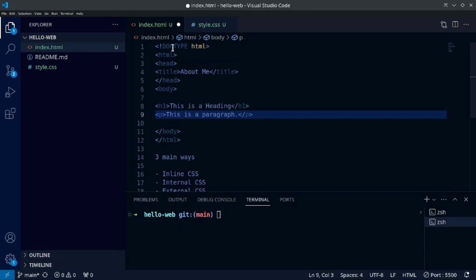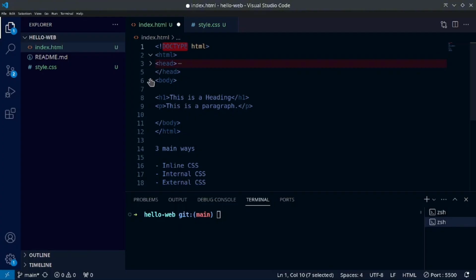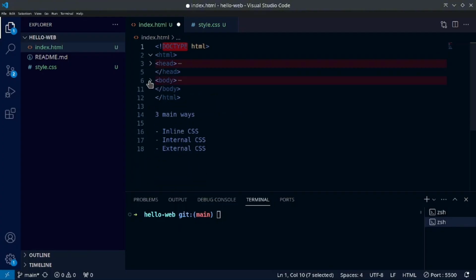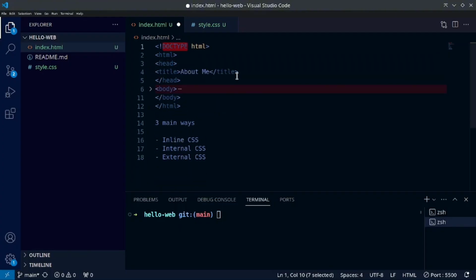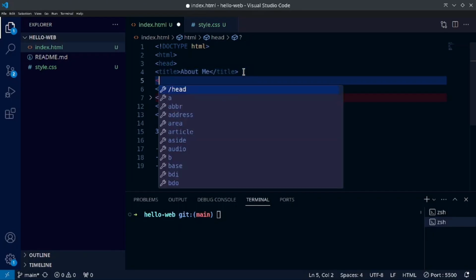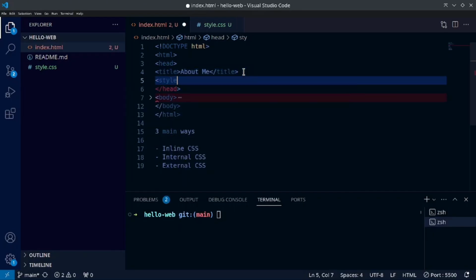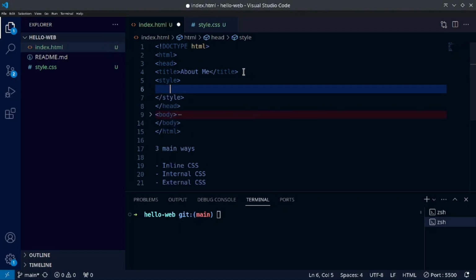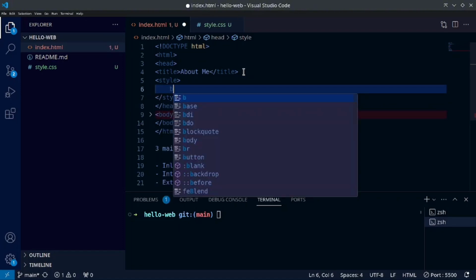So this is the doctype HTML, right? And then you have the head, and then you have the body. Inside this head tag, you put the style tag. This is internal CSS. So here we'll put the style, close this, and here you can define, say, let's say